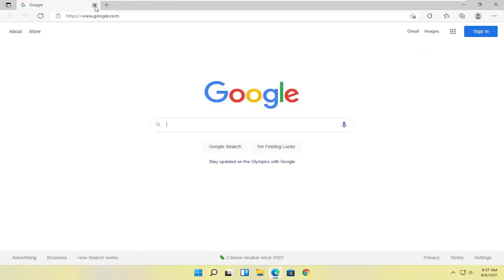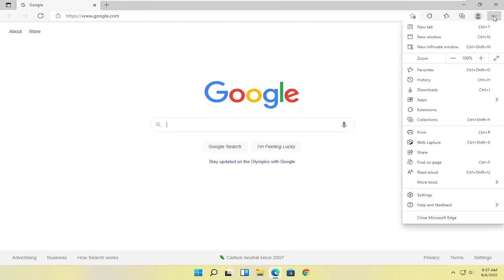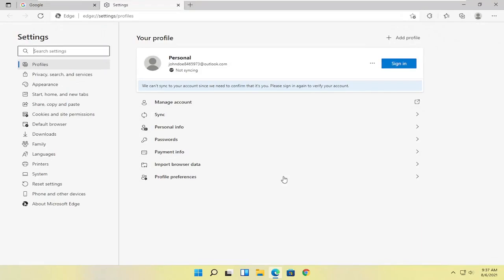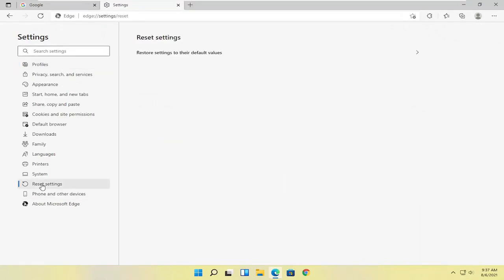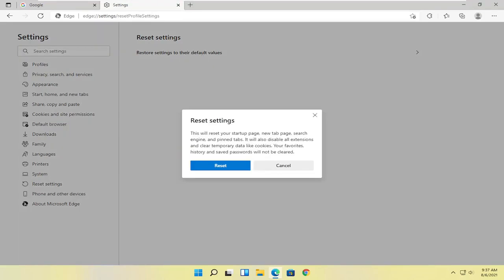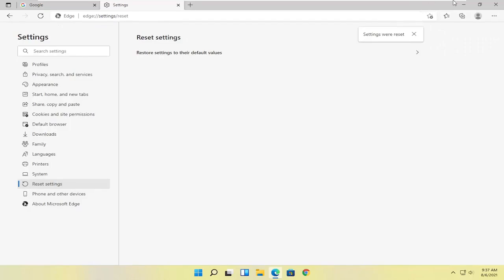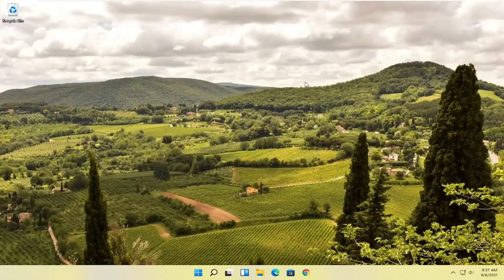Now there's a couple other things we can take a look at here. So first thing I would recommend trying would be to select the menu icon up at the top right. And you want to go select the Settings button. And you can select where it says Reset settings on the left side. And where it says Restore settings to their default values, you can left click on that. This will reset your startup page, new tab page, search engine, and pinned tabs. It will also disable all extensions and clear temporary data like cookies. Your favorites, history, and saved passwords will not be cleared. Select Reset. And then you can close out of here and attempt to relaunch the Edge browser, and that should